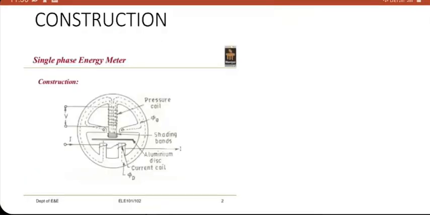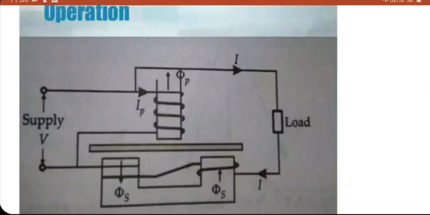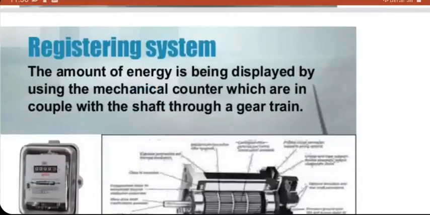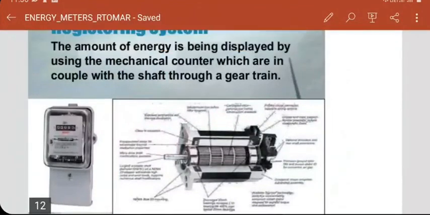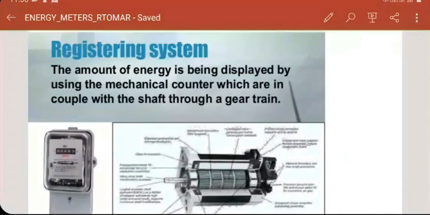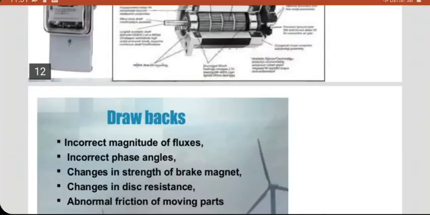Besides construction, which we have seen several times in this PPT, there's another very interesting topic related to this. First of all, the actual measurement is done using a gear train, which converts the rotation of the disk into smaller rotations or bigger rotations, depending on the design. Now, drawbacks of this construction